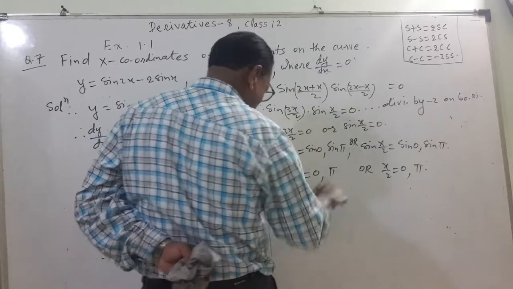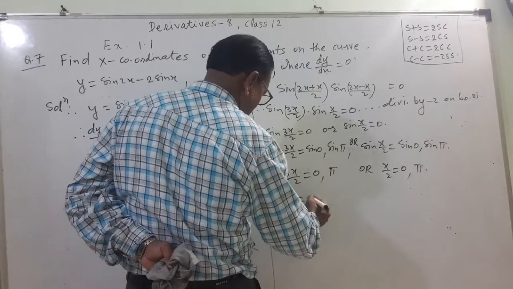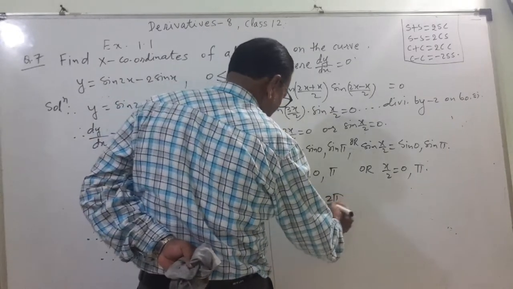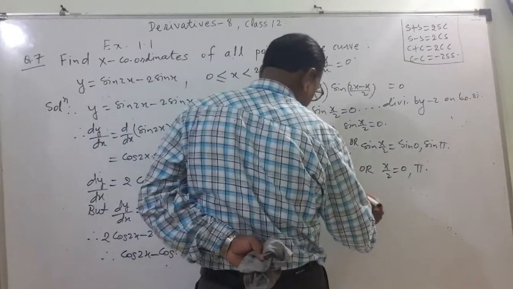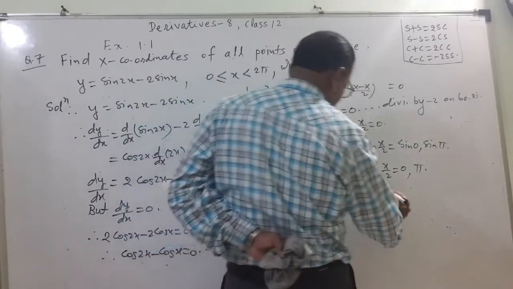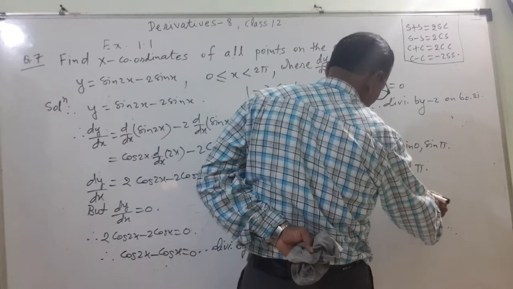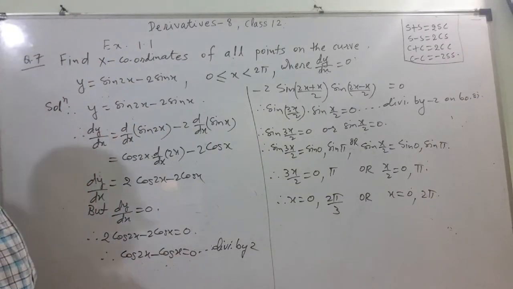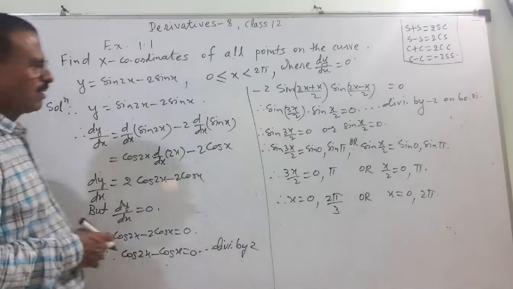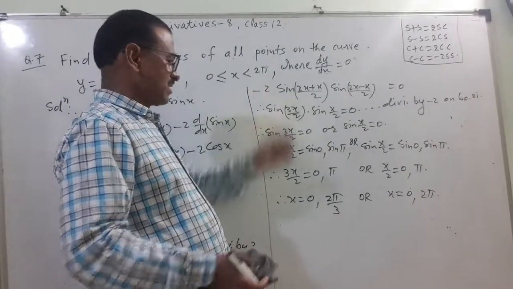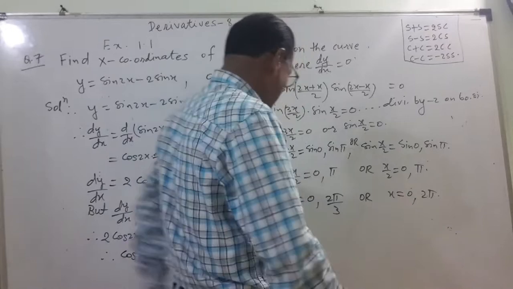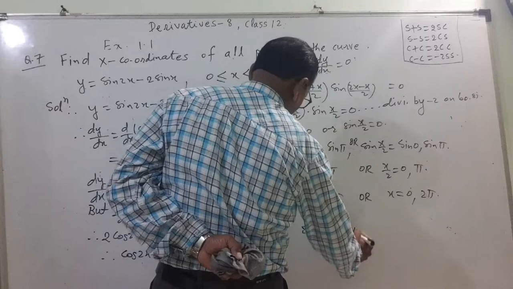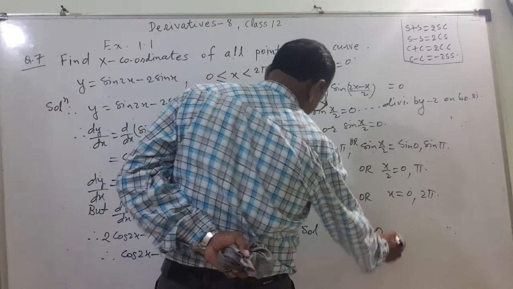Therefore, now I will shift it there. X is equal to 0, or 2 pi upon 3. For the other, you can write it elaborately, 0 or 2 pi. So what is the value? It is 0, but x is less than 2 pi, so 2 pi won't do. So what is the answer? 2 pi by 3 or 0. Solution: x is equal to 2 pi by 3 or 0.